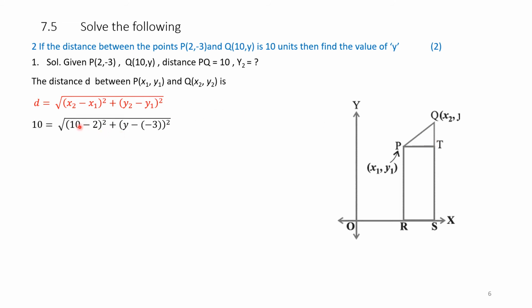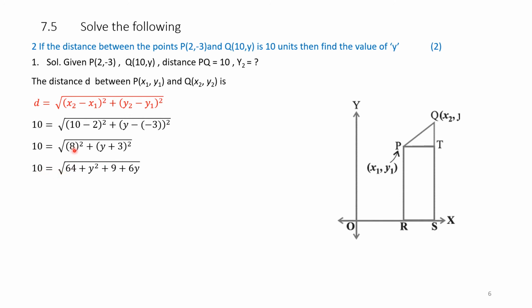Substitute. x2 is 10, and x1 is minus 2, whole square, plus y as it is, y2 is y minus of minus 3, whole square. So that becomes 10 minus 2 is 8, whole square, plus y plus minus into minus, it becomes plus y plus 3 whole square. Therefore 10 is equal to